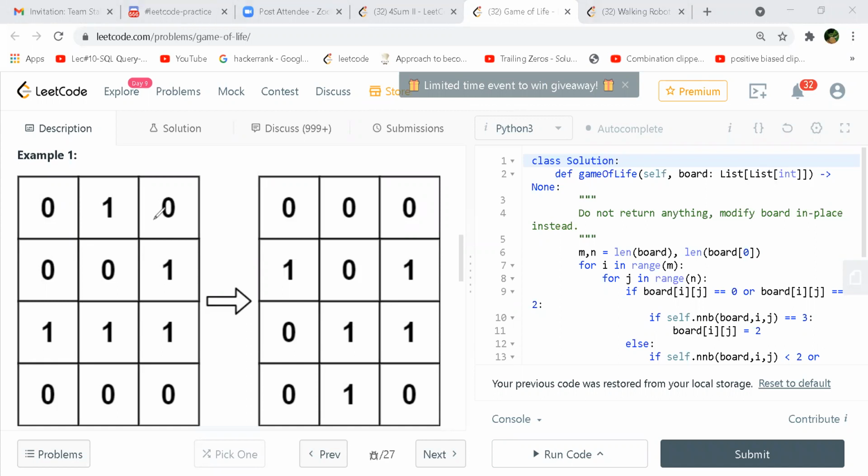Okay. Now if you come to row 1 and column 0, the first one actually, that becomes 1. And the reason it becomes 1 is that we have those 3 ones as its neighbors.